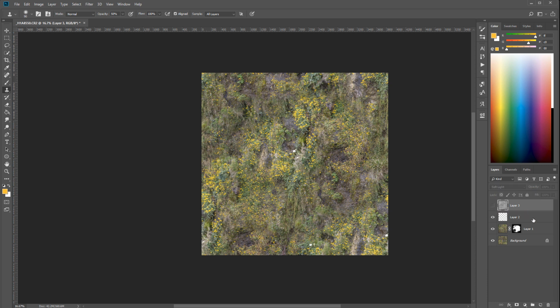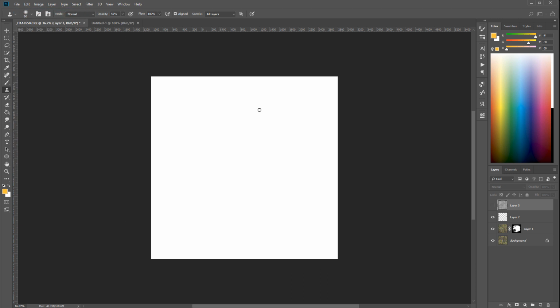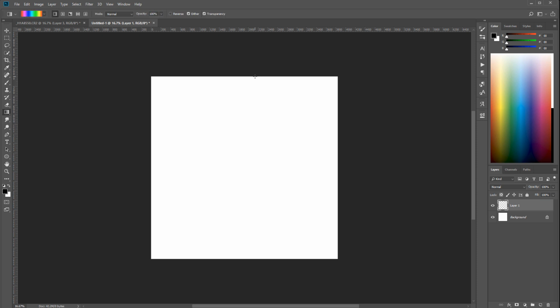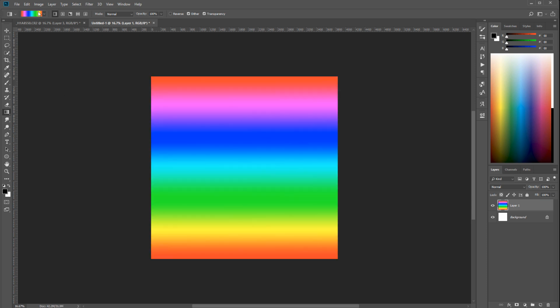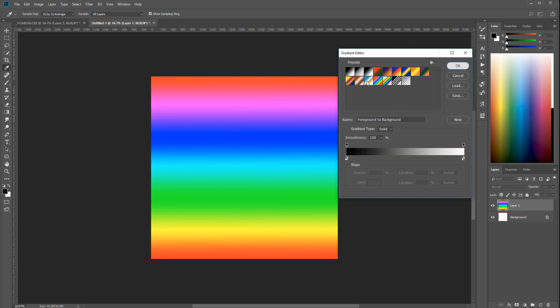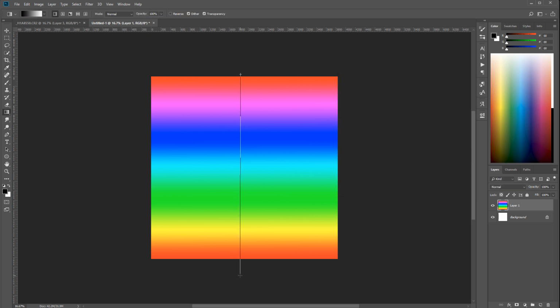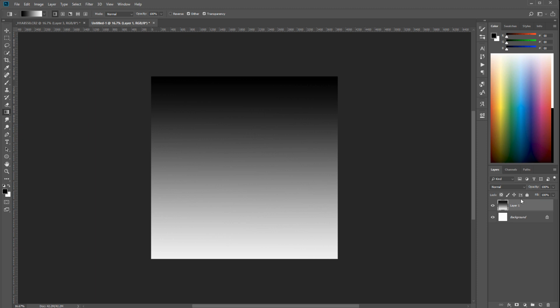So let me show you an example. If we have a dark top, like let's go create new. I think this is better if I do it by example. So if we have right here, we'll go to create the gradient tool. So an example, we have it. Okay, we don't want a rainbow, we want black and white. So example, we have a darker top and bottom. Okay, so if we duplicate this one